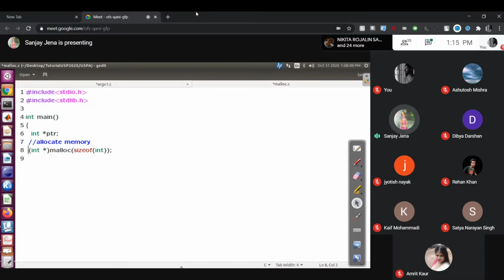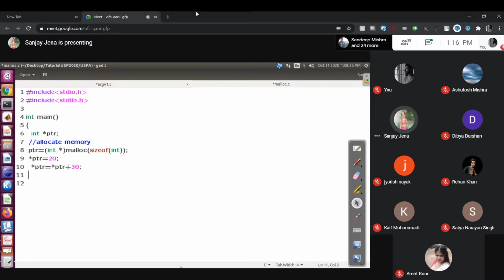Then assign to ptr. Done. Either any integer x I have declared, not declared. No. Now I can put it: star ptr equals 20. Now increment: star ptr equals star ptr plus 30.